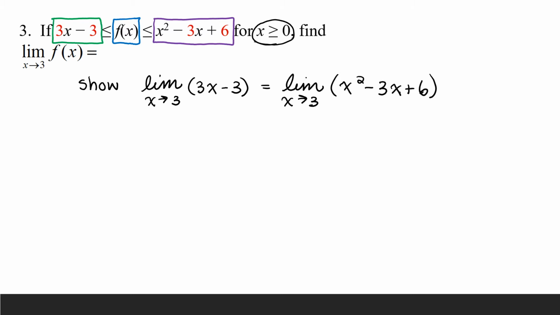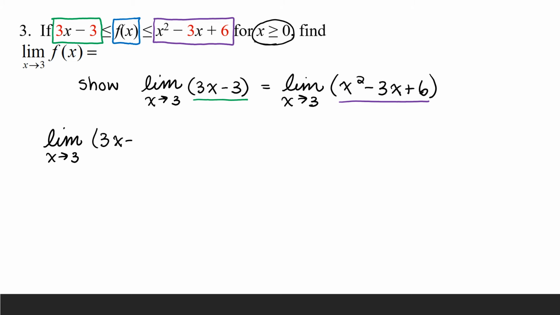So we need to show that the limit of our lower function is equivalent to the limit of our upper function. And we'll do this by evaluating each of these limits. So let's start with the limit as x approaches 3